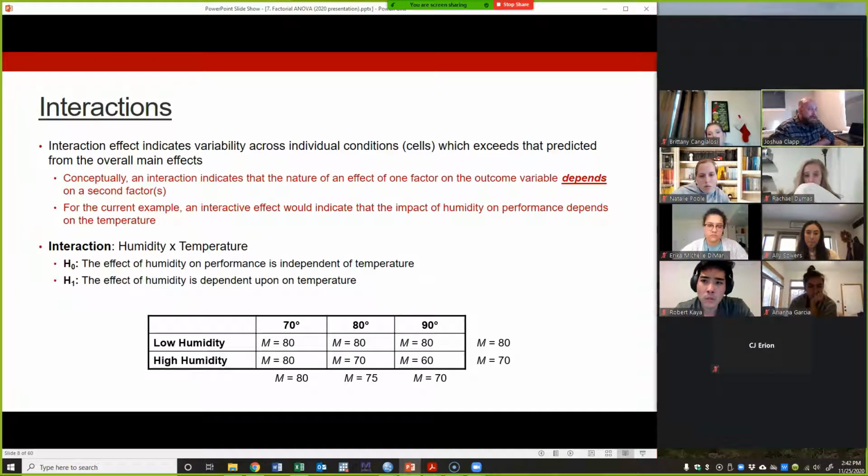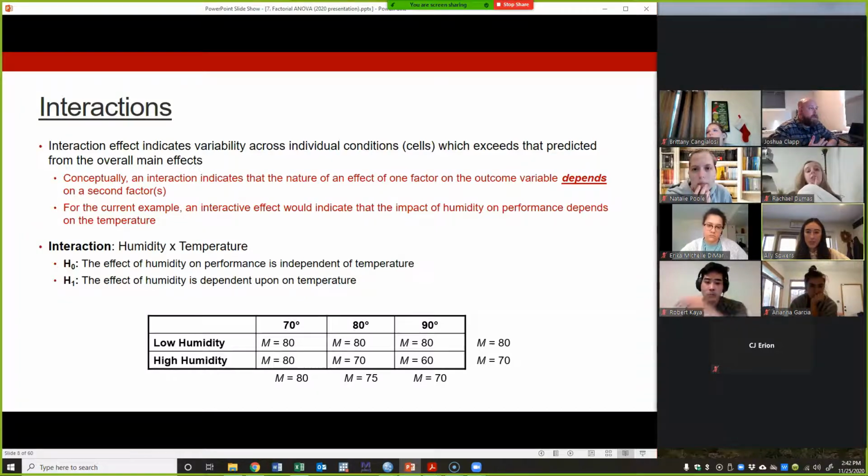So the question is, can I say, based on these data, that humidity impacts performance? Well, if I'm looking at my main effect, it looks like humidity impacts performance, right? But what's the problem with me saying humidity impacts performance? What do you think, Allie? It's only impacting performance... I'm sorry. Yeah, no, I had my volume turned down. What's that? Oh, because it's only affecting performance at high temperatures, so it's not technically doing anything to performance at